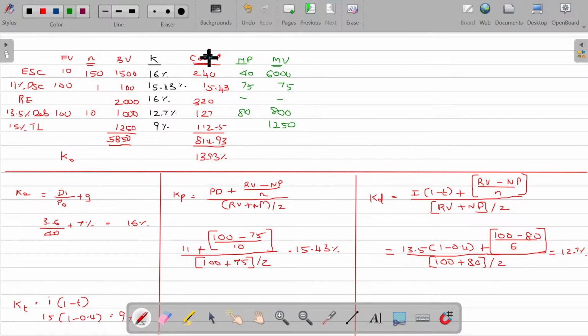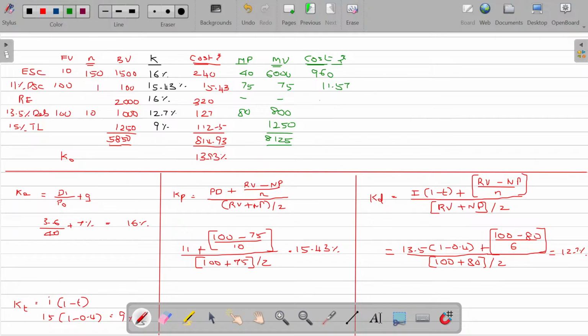Now, what you have to do? Calculate the cost. Cost in rupees. What's the total, come on? 8,125. And find out the cost here. Cost in rupees. You have to multiply this cost with the market value. 16% on 6,000 being 960 and 75 into 15.43